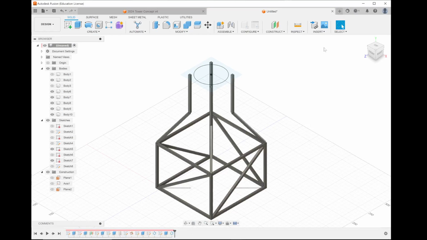Now, let's assume the tower's done, right? All the way through. You've done it. What's the purpose of Fusion? One, we can put it into testing. I'll show you how the testing goes next period. But what I'll show you this period is we can get this into orthographic projection, which is the good stuff. Once we've saved it,